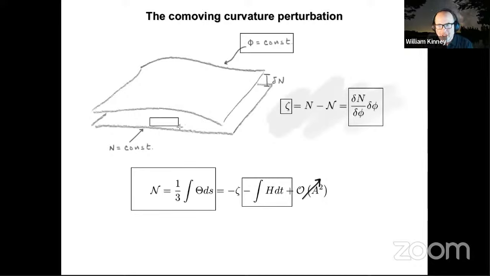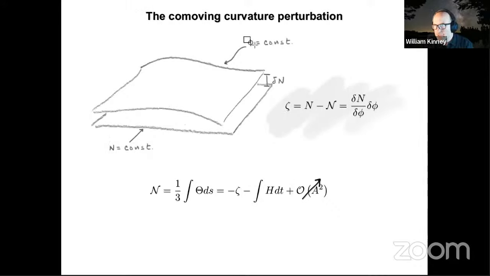Because in fact, the curvature perturbation on these surfaces of constant N is zero, right? So this is only defined on these co-moving hypersurfaces. Zeta is defined on a particular foliation of the space-time. The second meaning of gauge invariant, which is more frequently used, is that what they really mean is gauge fixed, right? If I define co-moving gauge, then I have this observable in co-moving gauge that I can calculate. And so zeta is defined to be the perturbation on co-moving hypersurfaces, and gauge invariant in the sense that it doesn't make any sense on any other hypersurface. But it really isn't independent of how we foliate the space-time.